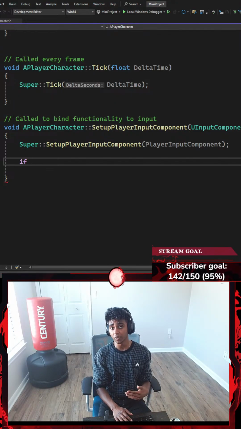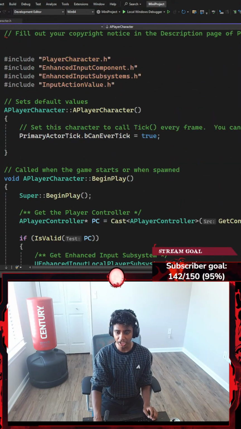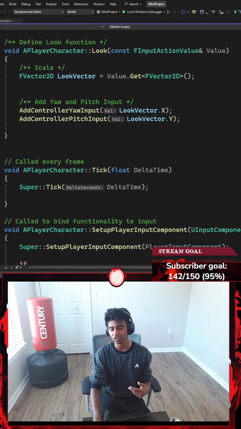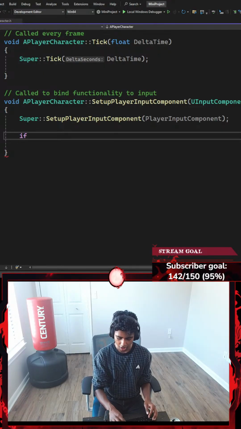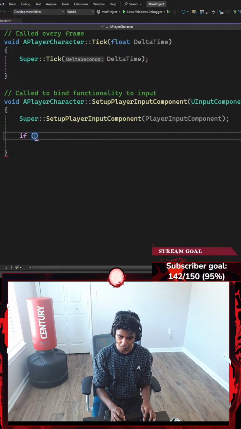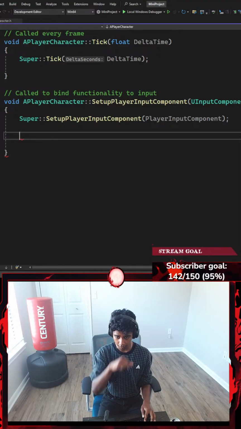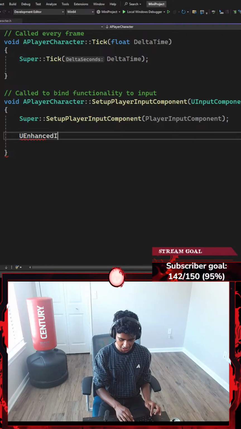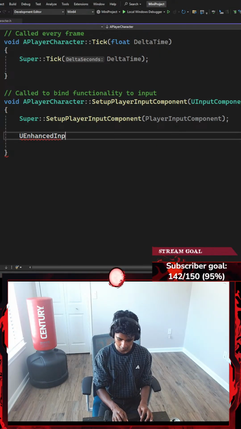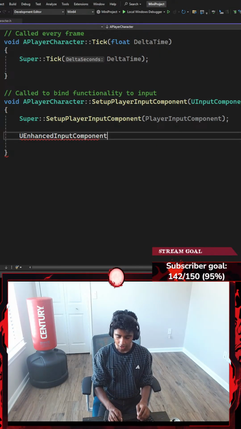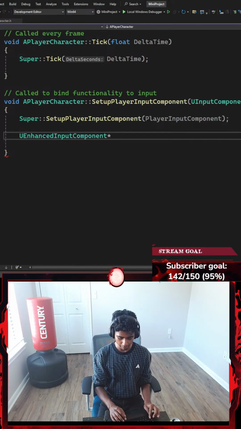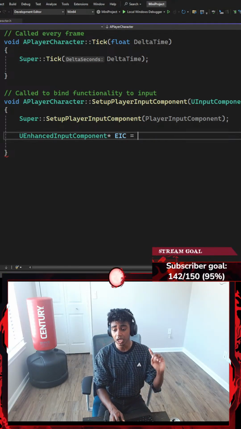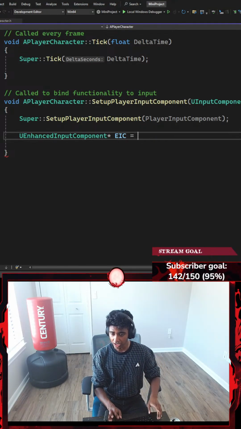First thing that we have to do to actually bind something in Unreal Engine is make sure that we have our enhanced input component included, because we will be needing it. So I'm going to go with something like if my UEnhancedInputComponent, which is going to be represented by a pointer called EIC, short form for enhanced input component, is equal to, let's say,